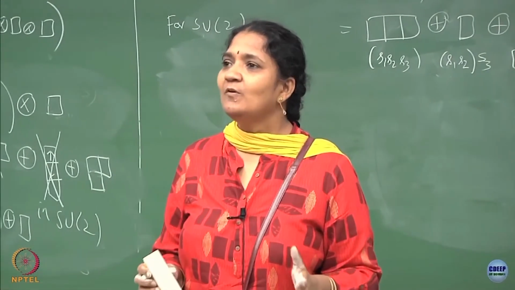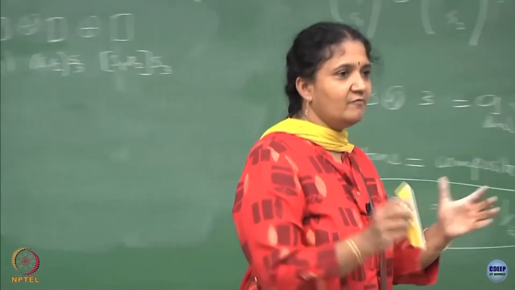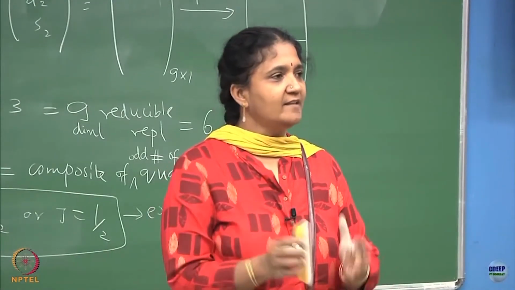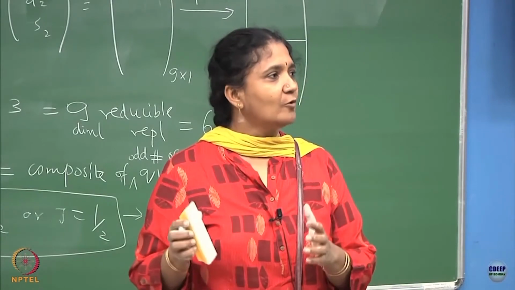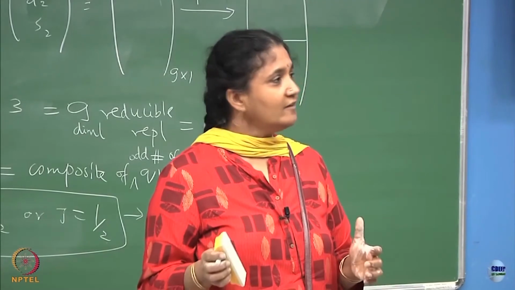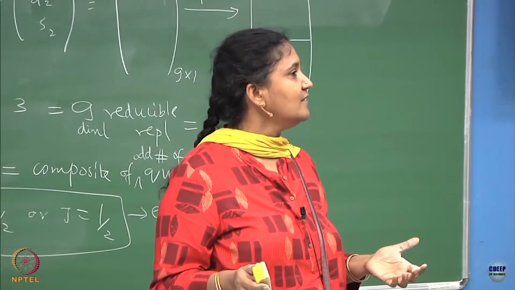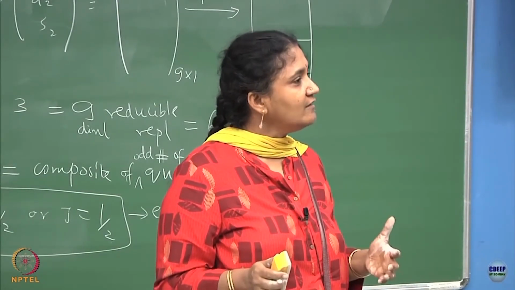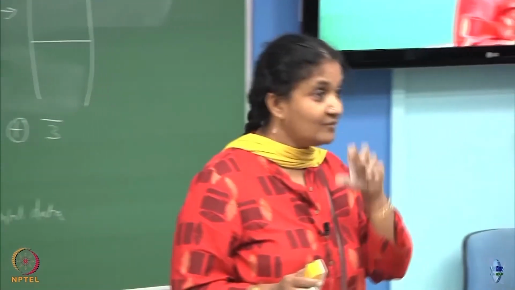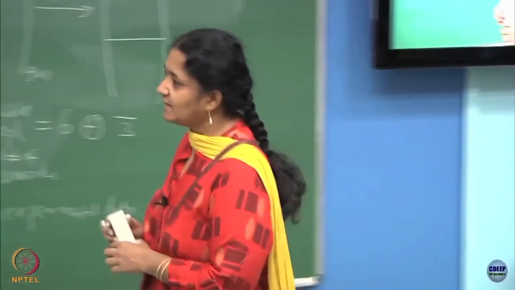So I play around with a bound state of 3 quarks, three fundamental objects. To understand spin, I should take them to be fundamental objects belonging to an SU2 representation. To understand the quark content, I need to see it as an SU3 representation, because I am just working with quark content, which is only the 3 objects, which is U, D, S, sometimes called flavors. Okay. Yeah. So, is this clear?